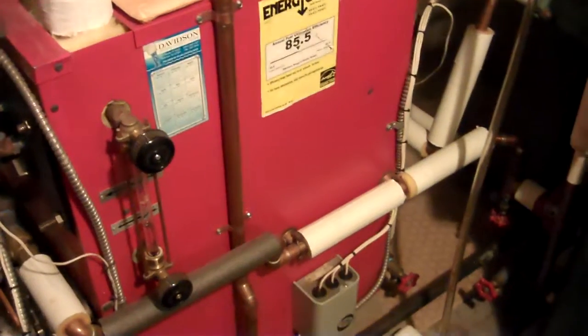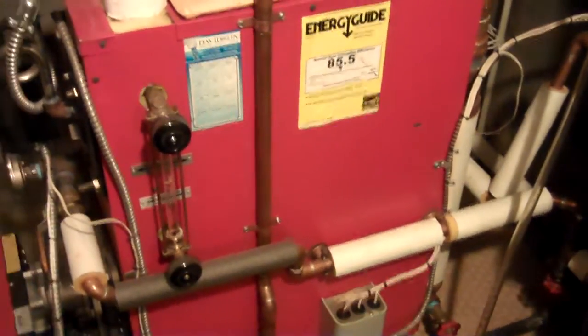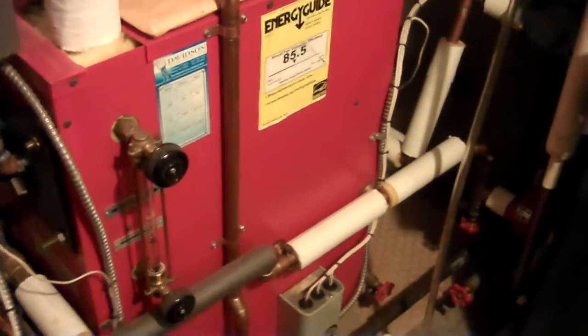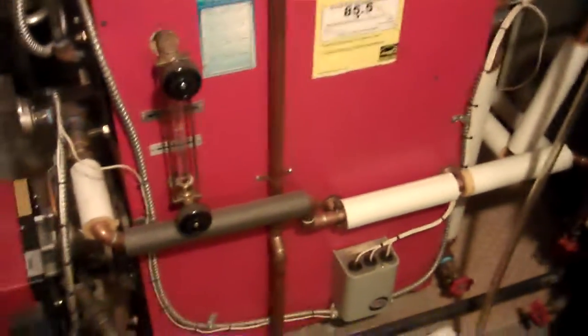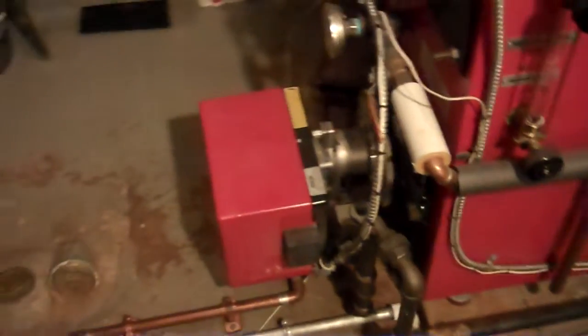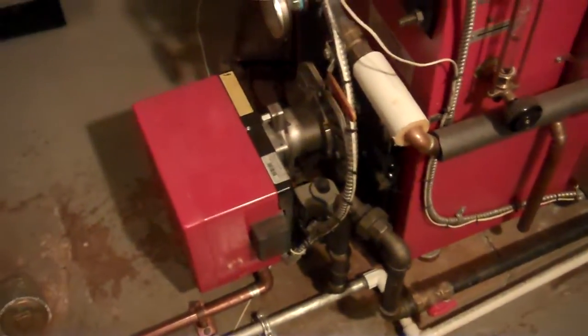The problem is that traditionally when you do something like this, there's really no going back to oil. Then what are you going to do? Get another furnace? I mean, some homes, if you're really creative, you can have two boilers, and there's ways to make anything work. But what I decided on is actually converting my oil boiler into a natural gas power fired